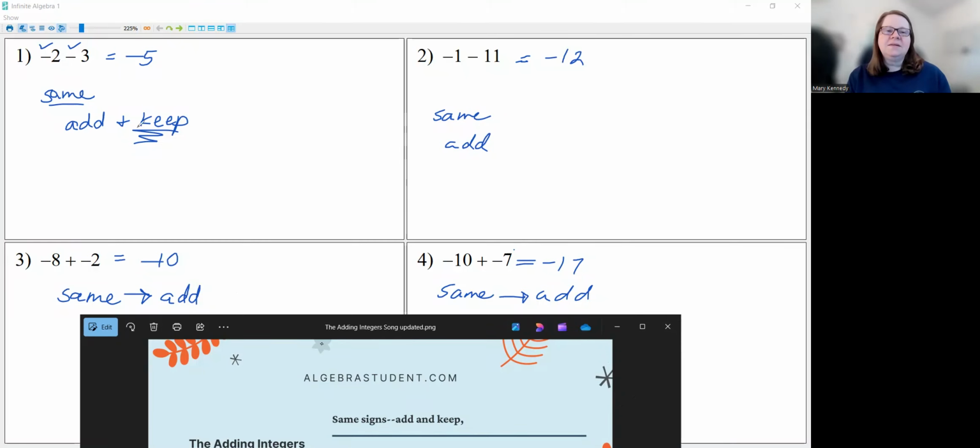And it makes sense, like when you were a little kid and didn't even know what negative numbers were, you learned that 2 plus 3 is 5, right? And so it makes sense that -2 plus -3 is not also going to be 5. That wouldn't be logical, but it is -5, right? And so the same with 1 plus 11, that's positive 12. Well, that means -1 minus 11 is -12. All right, so that's the